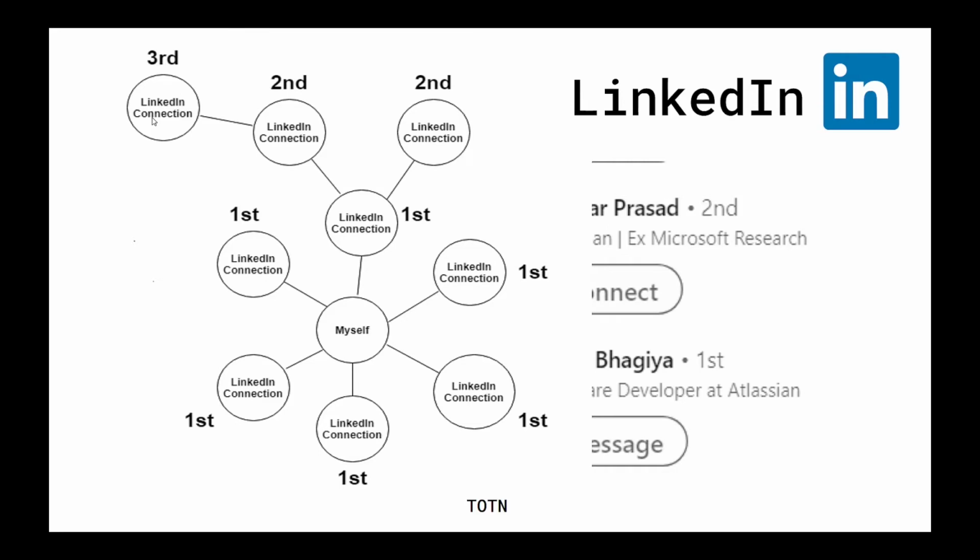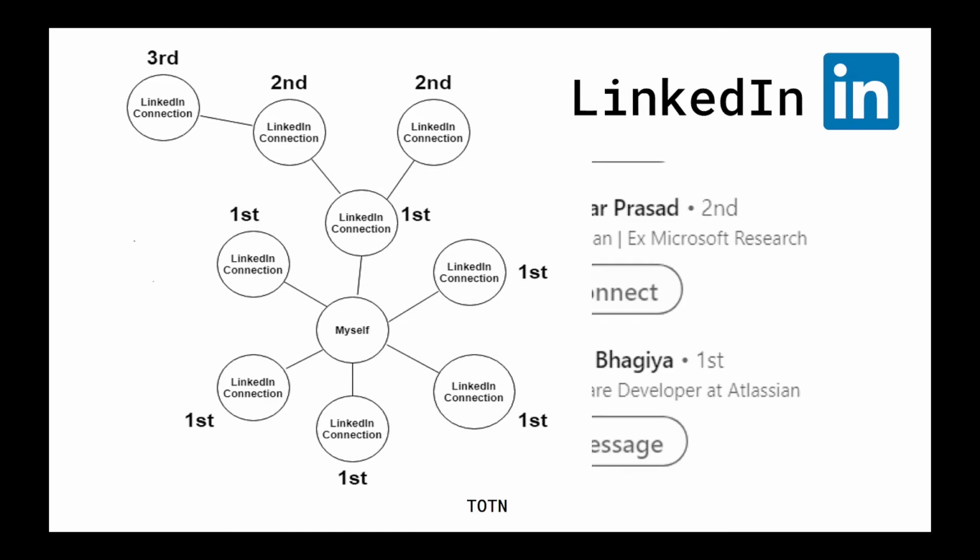There are some restrictions that LinkedIn imposes based on these numbers, whether it's a first degree, second degree or third degree connection. As I told you, the first degree connections are the people you are directly connected to because you have accepted their invitation to connect, or they have accepted your invitation to connect. You'll see a first degree icon next to them, as you can see next to the second name in the search result. You can also see this information when you open their profile page. You can contact them by sending a message on LinkedIn. This message facility would be available only to your first degree connections.